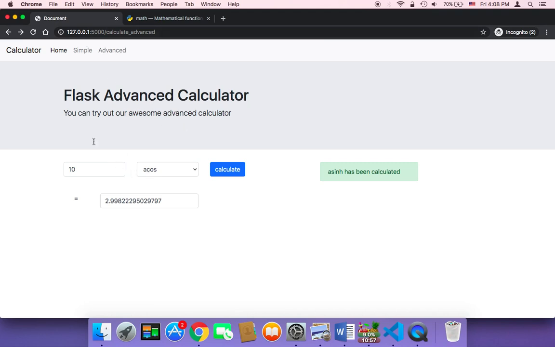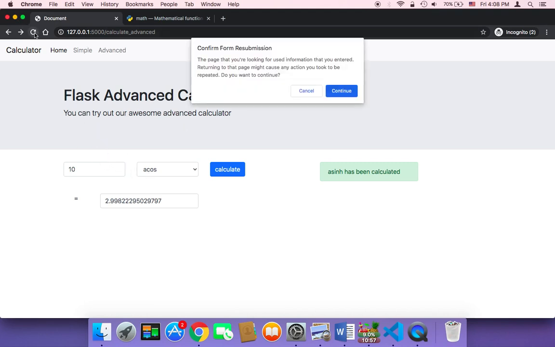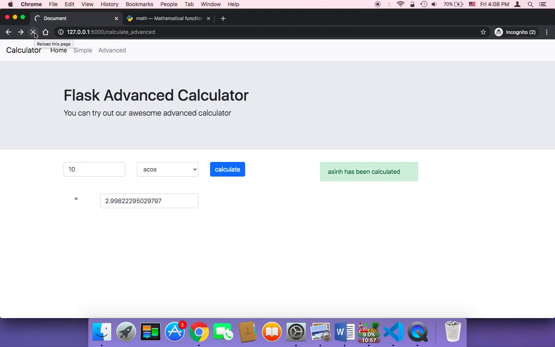Let me first refresh, and let me here pass 10, and then use the ACOS and then calculate. And as you can see, unlike before, I'm going to get this error, math error, and then here the result is